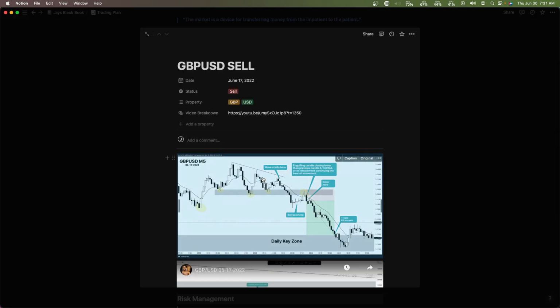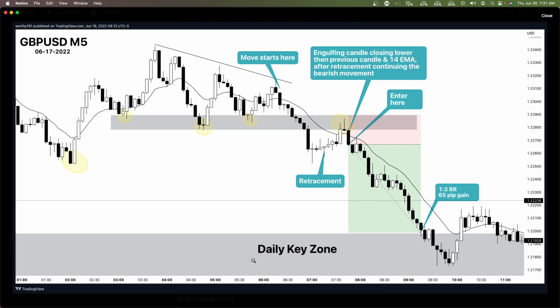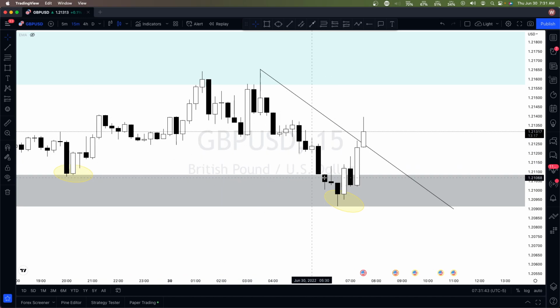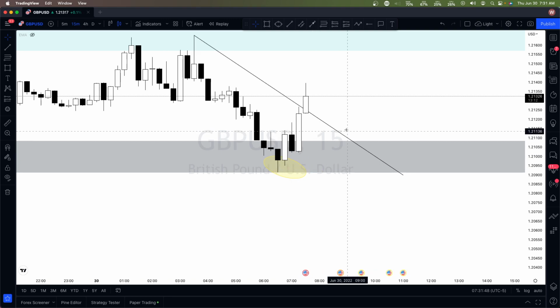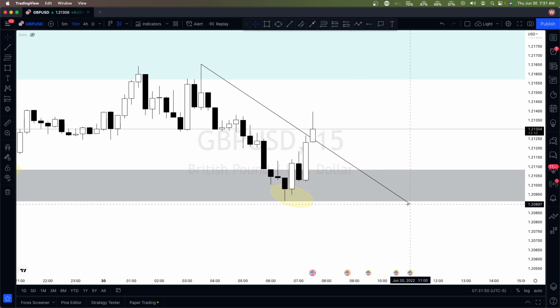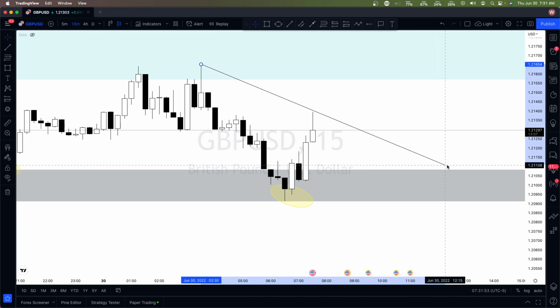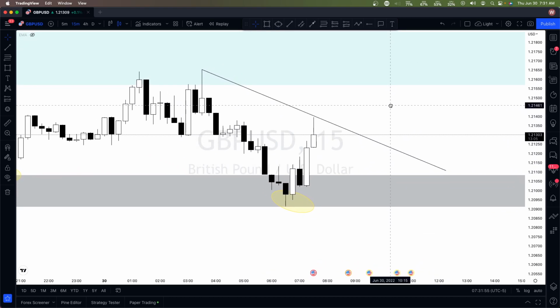And if we look at this, we have something similar to what we're looking at right now. We had this zone. We broke below it, some retracement, and then after the retracement, looking for a candle continuing the movement. So here we have this zone, this movement. Okay, so we could probably move that right there now since that went up.